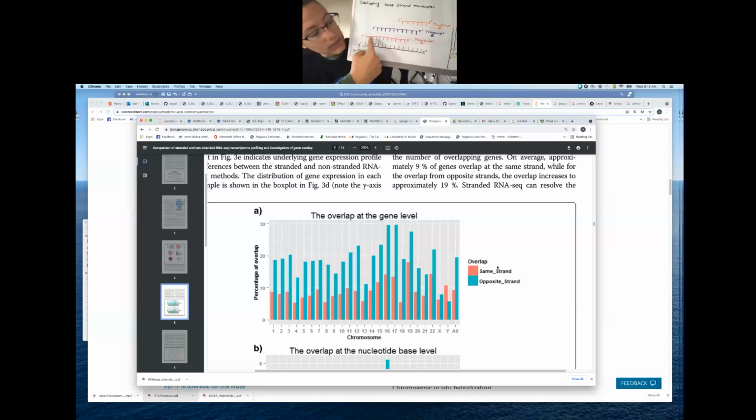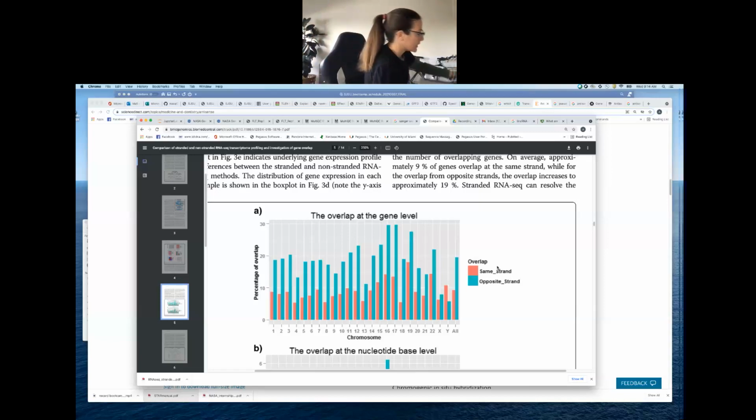You'll notice that transcript A has an overlapping chunk with transcript B, and also a small overlapping chunk with transcript C. Transcript B is overlapping with transcript A and transcript C, and transcript C is also overlapping with both of them. So that's what's meant by overlapping transcripts derived from the same strand, being, in this case, our antisense template strand making sense transcripts. In addition to that,